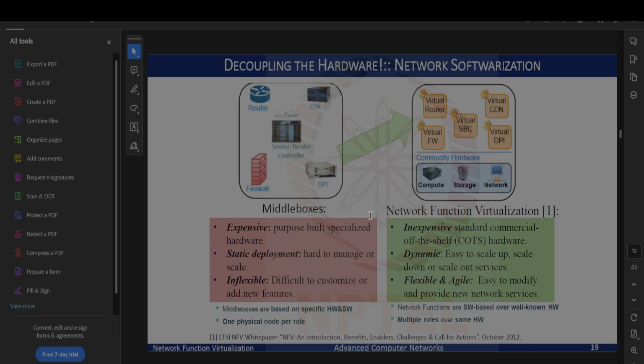With network function virtualization, what we were trying to achieve is we will have commodity off-the-shelf hardware that will have compute, that will have storage, that will have network. And we will be running these as, this is like a virtual router,